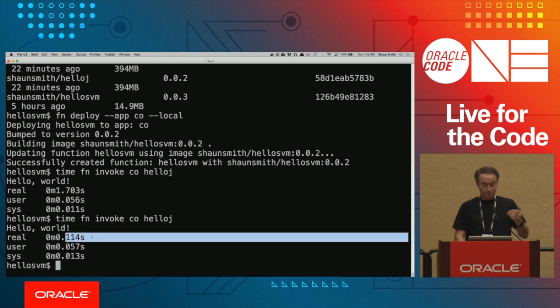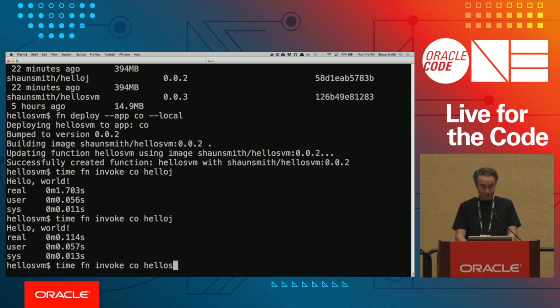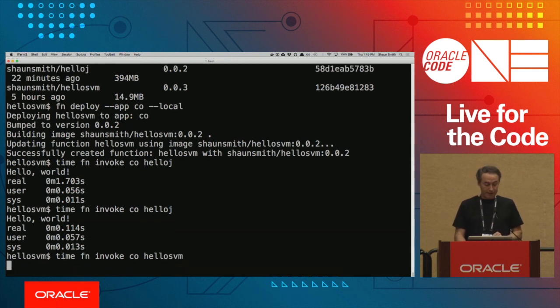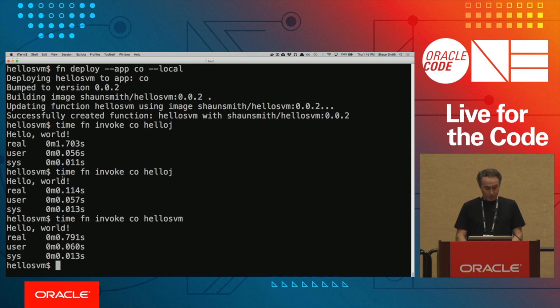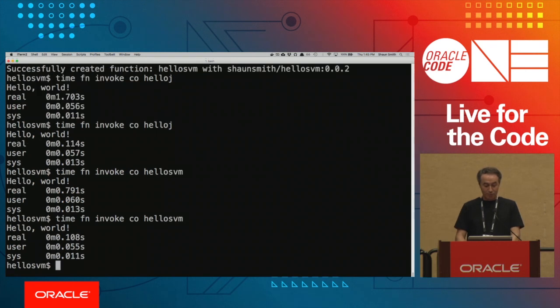Because the function is running. That's the plain Java one. If I run the other one now, the Graal one, that one started in about 791 milliseconds, and the plain Java one was that. Now, if I call it again, it's going to be fast. They're both fast because they're both up and running. But on my crappy laptop, basically I halved it, and sometimes it's about a third. So that little container image with Graal boots really fast. So I can take any complicated application and compile it to machine code. That's a really cool thing.